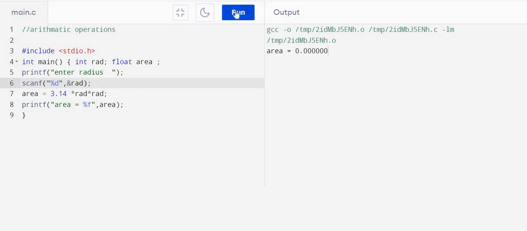Then it will calculate. So enter radius. Suppose I entered the radius as 15. So it has generated area. Suppose you want to give here area is equal to this much, say, square meter. Then you can write square meter. Rerun the program. Enter radius. Suppose I give here the radius 23.